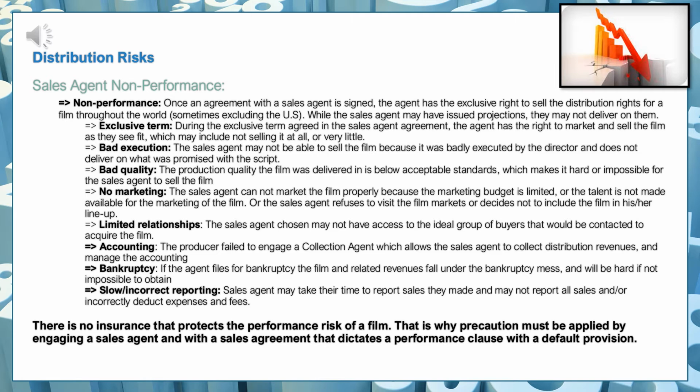A lot of times there is an issue when there is no collection agency provision in the sales agency agreement, which then means that the distributors pay the license fee to the sales agent, and the sales agent would then provide a report to the producer and release whatever distribution revenues they have received, minus whatever sales fee and expenses they charge against it. It is not ideal for the sales agent to be doing this, because sales agents are not accountants, they are sales agents.